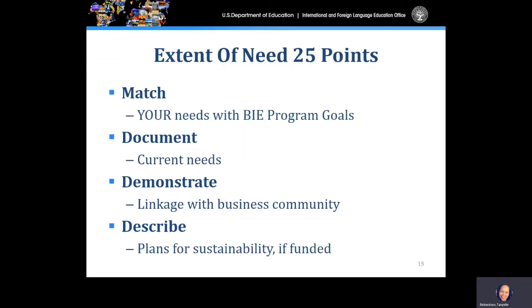Your extent of need is your first criterion and is worth up to 25 points. In this section, you'll outline your overall need for the BIE program, whether it be a combination of your institutional needs in addition to your community needs. You would tell us why it's important for BIE funding. You will document your current needs, whether through surveys or